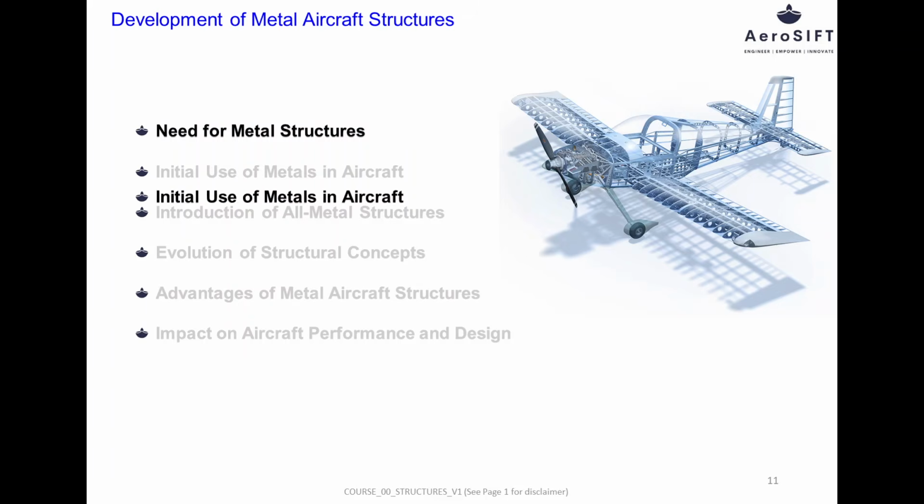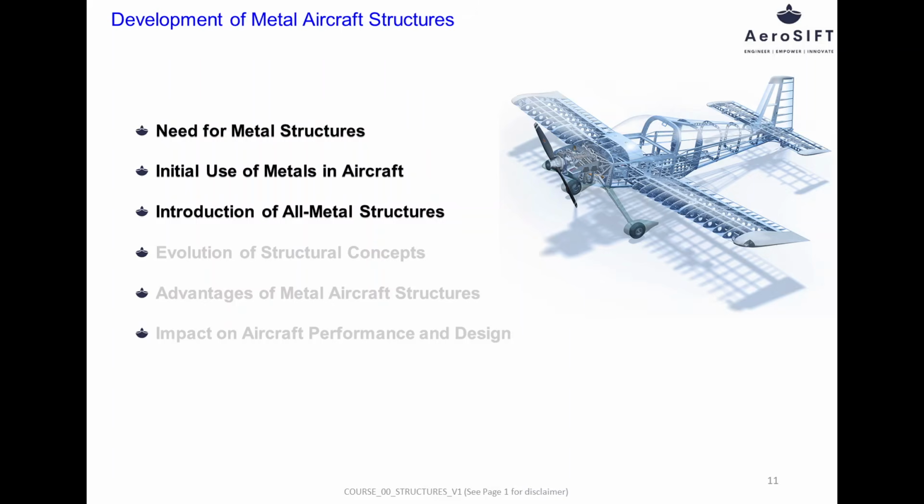To overcome these issues, aircraft designers began exploring metal as a primary structural material, marking a major transition in aircraft structural design. The earliest use of metal in aircraft structures involved steel and aluminum used selectively rather than for complete airframes. Steel tubes were initially employed in fuselage truss structures because of their high strength, while fabric coverings were retained to minimize weight. These hybrid structures represented a transitional phase, combining the familiarity of fabric-covered designs with the superior strength and durability of metals. With advances in metallurgy and manufacturing techniques, fully metal aircraft structures began to emerge.